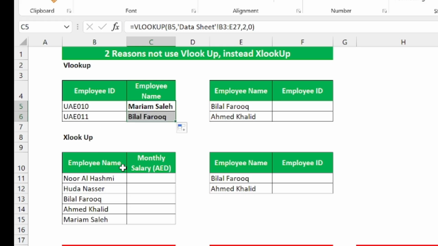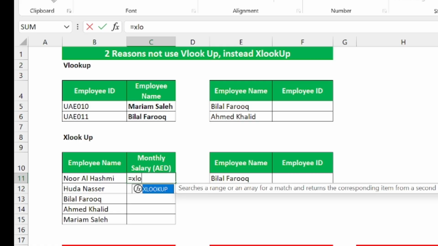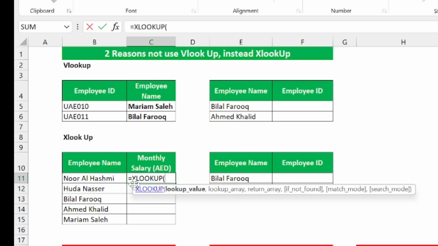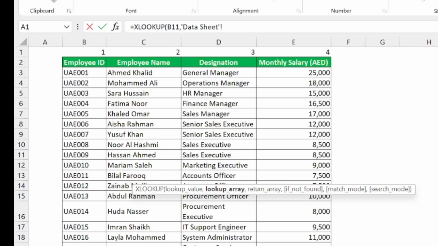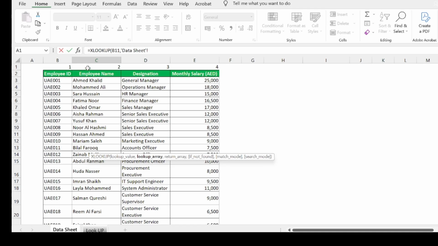Now let's see how we can use the XLOOKUP to fetch the information. For this, we use =XLOOKUP. Open the parenthesis. Similar to VLOOKUP, you need to have the lookup value, which is this employee name. I'll select the name, comma. Lookup array is nothing but the corresponding names on the data sheet, which is column number C. So I'll select the entire column, comma. I need to bring up the value of the monthly salary, which is in the column number E. So I'll select the entire column,